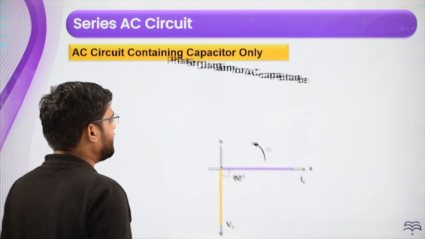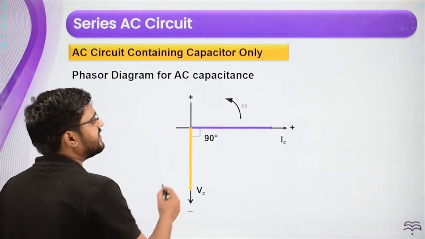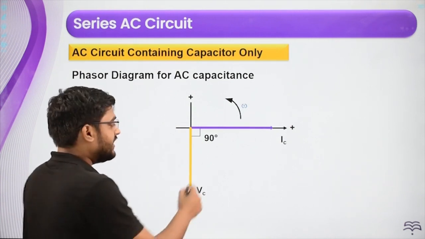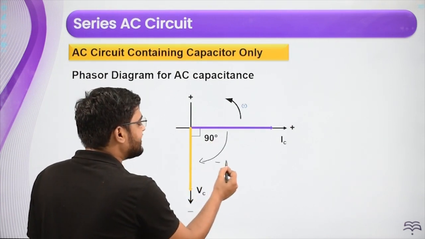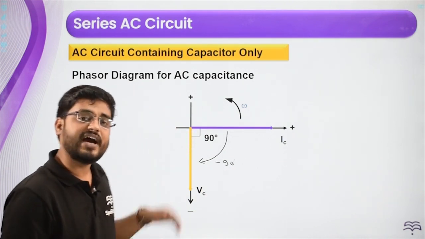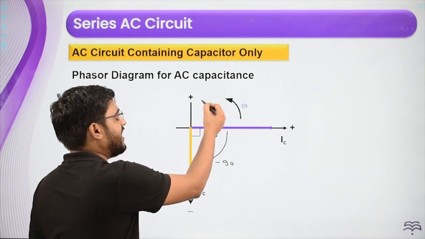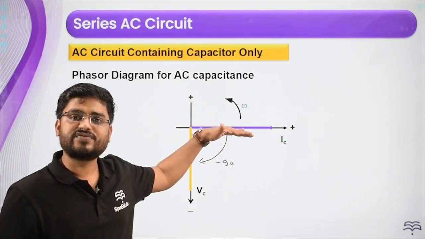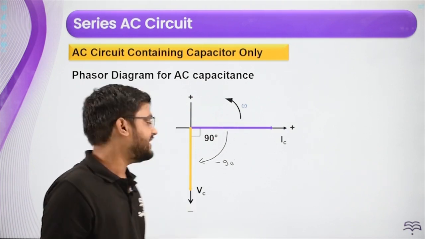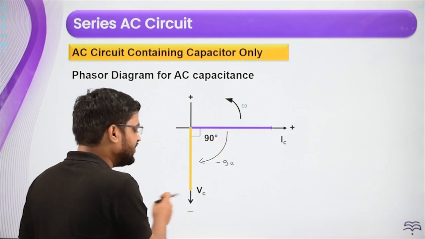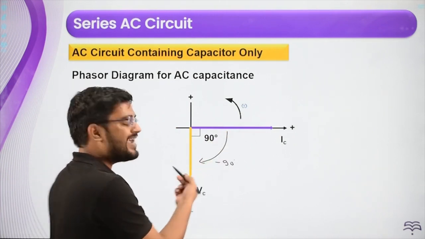When you see the phasor diagram, the current is always drawn here, and here my Vc will be drawn at an angle of minus 90 degrees. Okay, we know that current leads, current has to be ahead. So this is basically leading and this is lagging. So current is always here because we are talking about a series circuit. And what about voltage? Voltage has to be lagging, so that's why voltage will be drawn at an angle of minus 90 degrees.